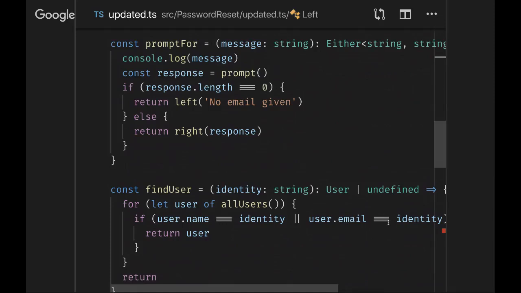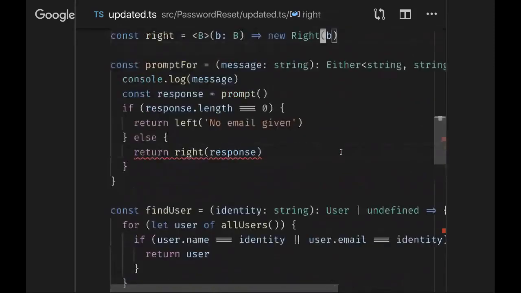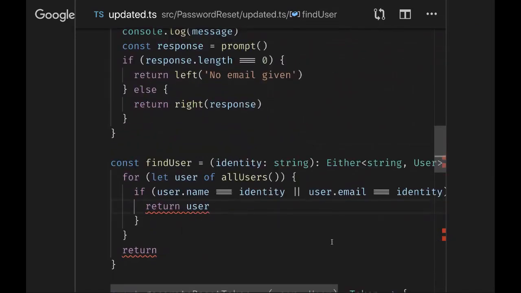and then let's use that chain method to actually chain them together. Find user. My goal here is to, instead of returning a user or undefined, not just give back no user all too long. Right? I want to return either string or a user. For me to do that, now when I return stuff, I have to appropriately tag what type of value it is.